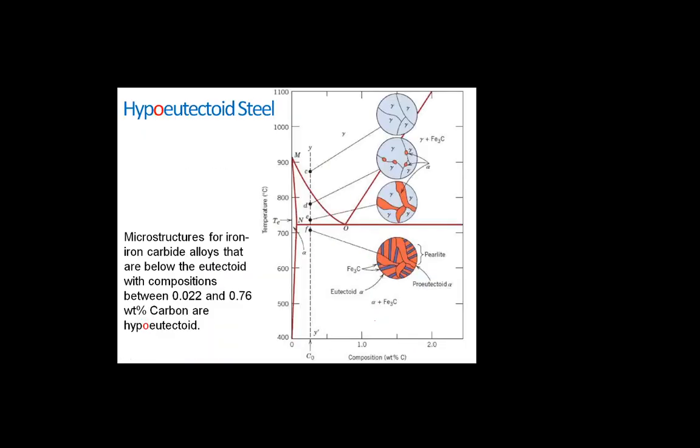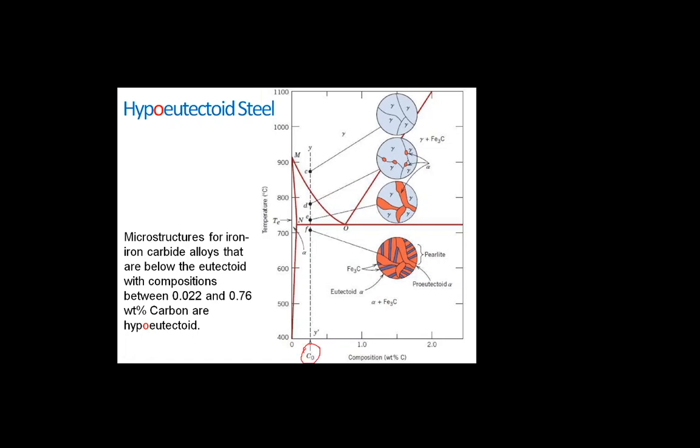Now, moving further, we are going to discuss the hypoeutectoid, and what these are. This is basically the microstructure from the iron-carbon alloy having a composition other than the eutectoid composition. These are analogous to the fourth case described earlier for the eutectic system. So we consider the C0 to the left position, as you can see.